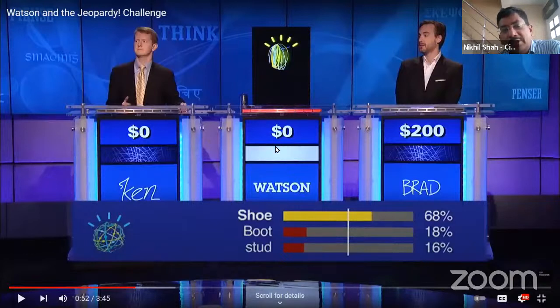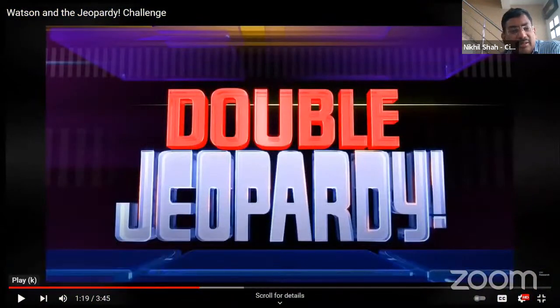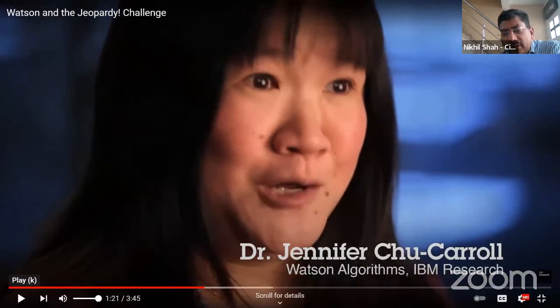And now IBM Watson, this is literally 10 years back, right? IBM Watson is nothing but an artificial intelligence driven computer, which also participated as one of the Jeopardy players, and this is a very landmark example. That first game I thought was phenomenal, where Watson was able to beat the world champions.